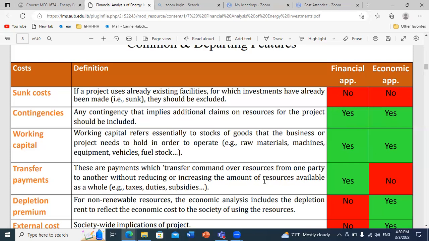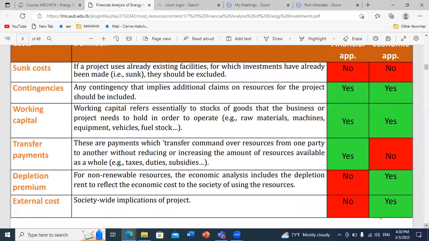Plus what we already mentioned, that all external effects, such as effects on health and on environment, should be considered in economic appraisal and not in the financial one. Another factor is, for example, depletion premium. What do we mean by this? For non-renewable resources, the economic analysis should include the depletion rent to reflect the economic cost to the society of using the resources. What do we mean by this? For example, let's say